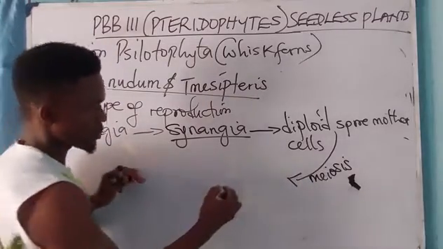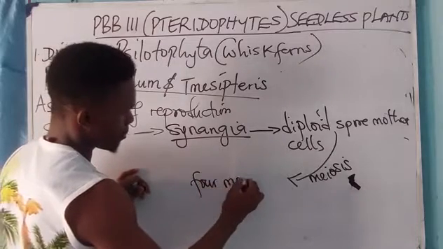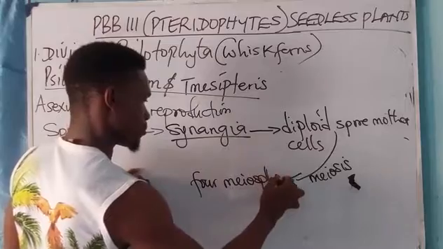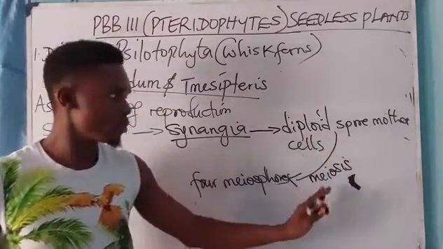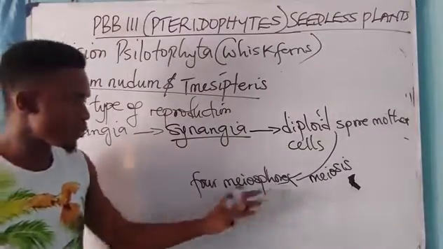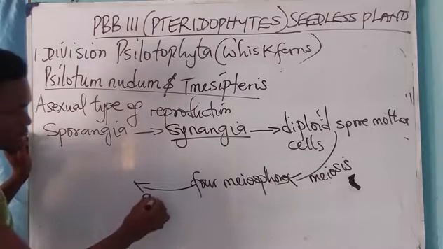To produce what? 4 myospores. These diploid mother cells will undergo what? Meiosis to produce what? 4 myospores. Now this myospore, upon germination,